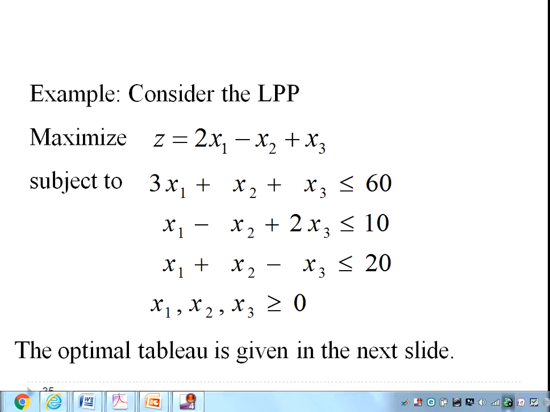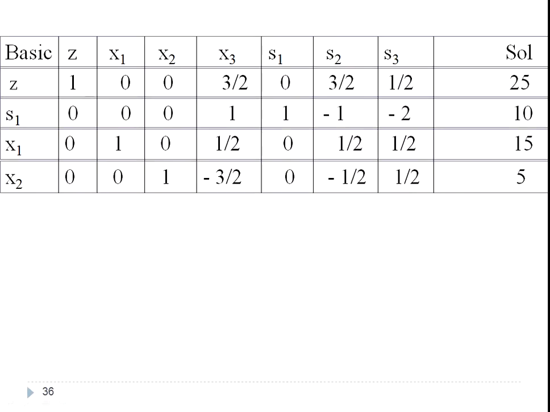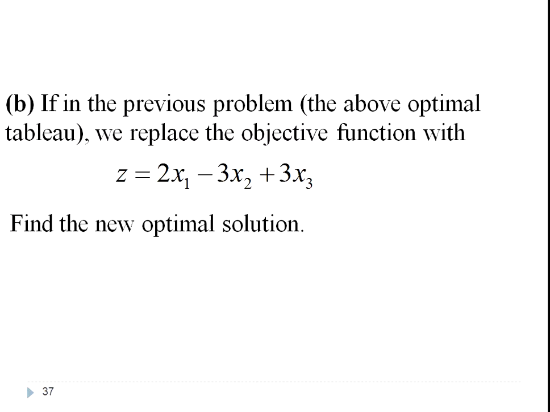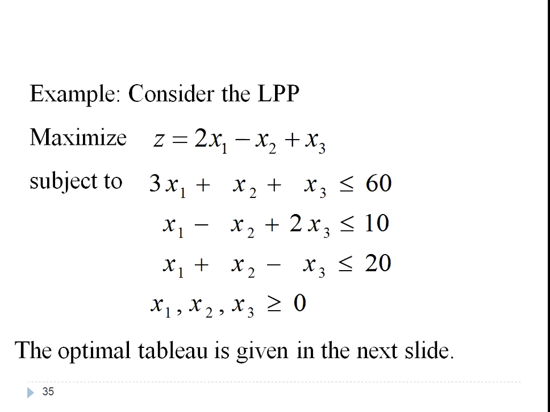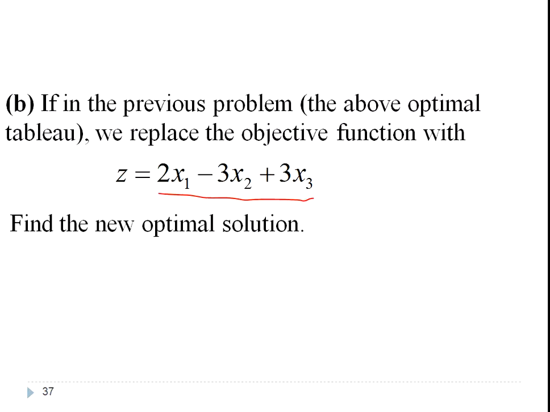So we have a given problem. This is an objective function to be maximized, and we have three constraints available to us. The optimal table for this problem is available to us. Now in this problem, the objective function gets replaced like this. The objective function earlier is 2x1 minus x2 plus x3, so it has changed to this,